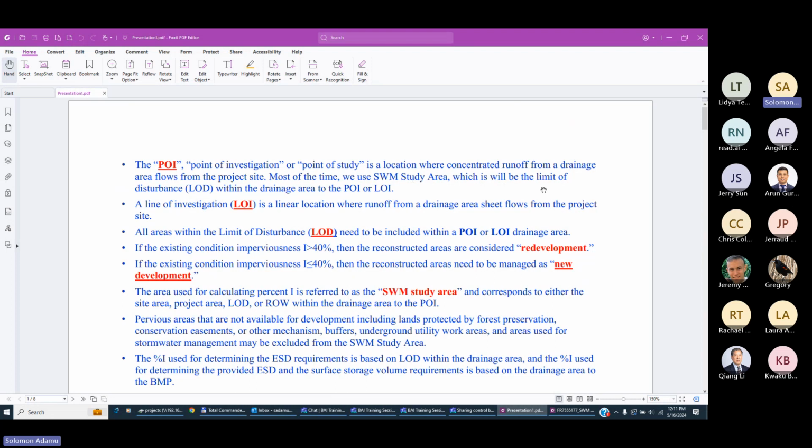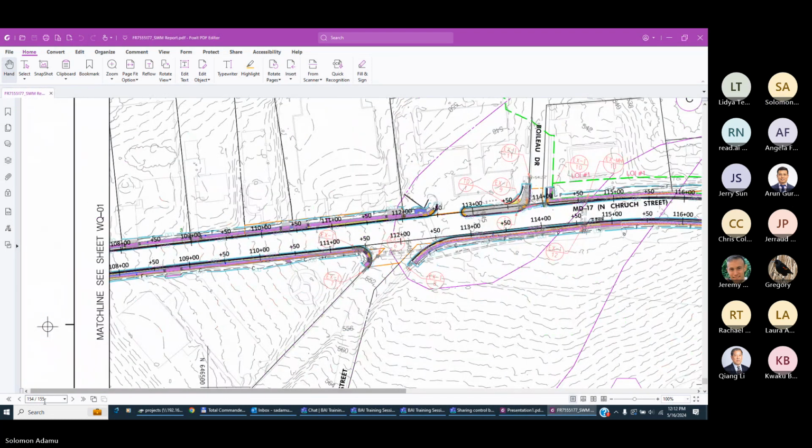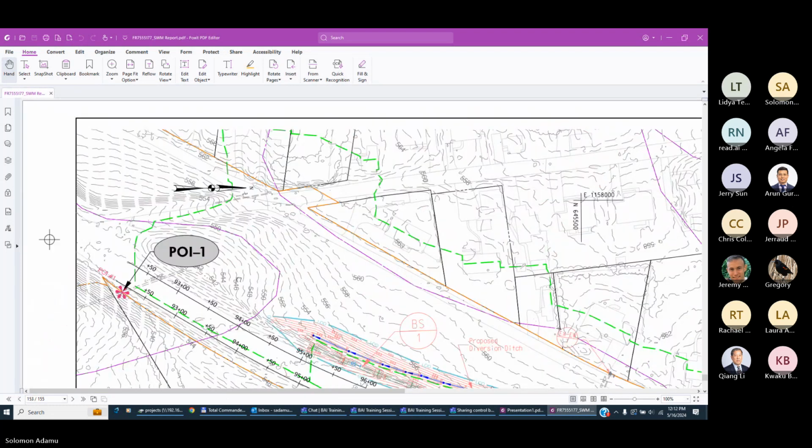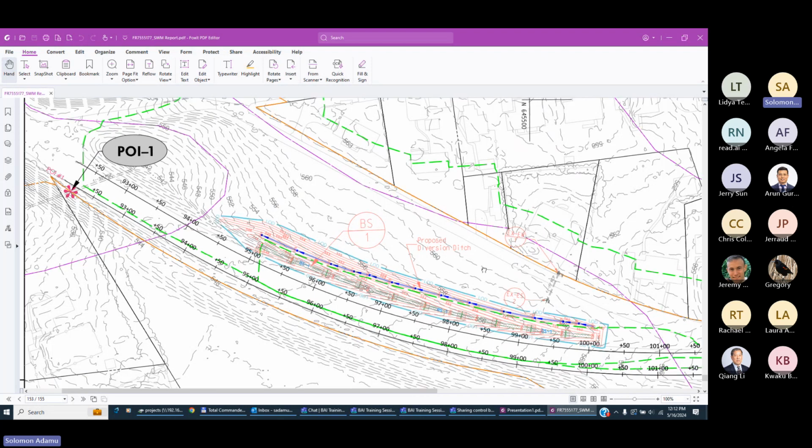In most cases, it is the intersection of the limit of disturbance and the drainage area. So in this example, here, the stormwater management study area will be for this drainage area, for this big drainage area, this LOD, and I think there is